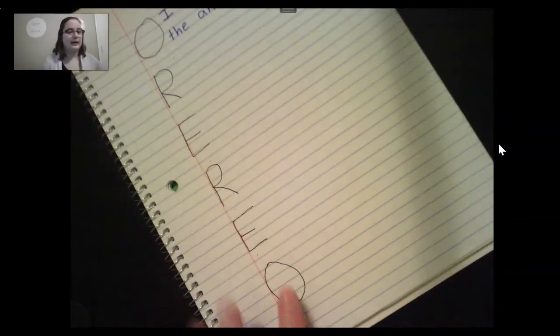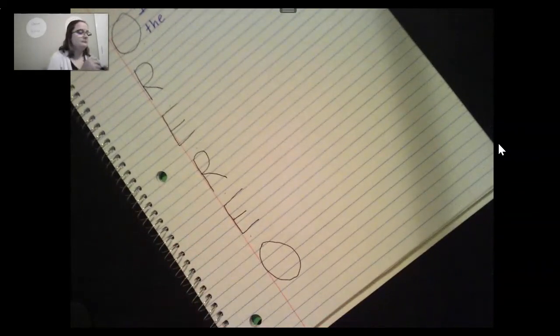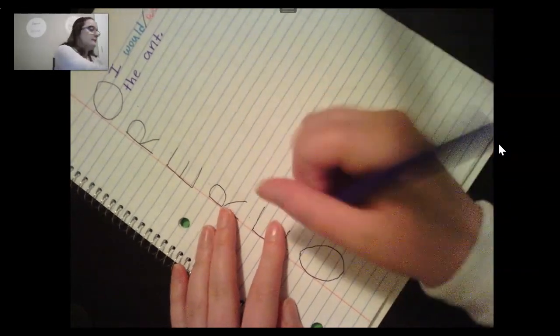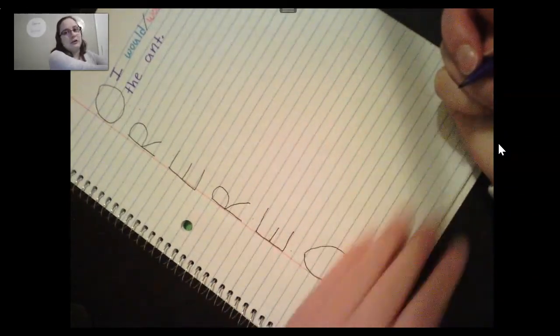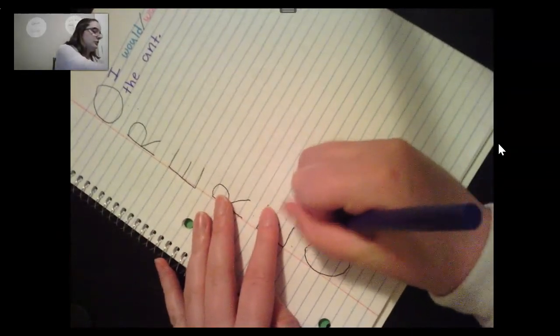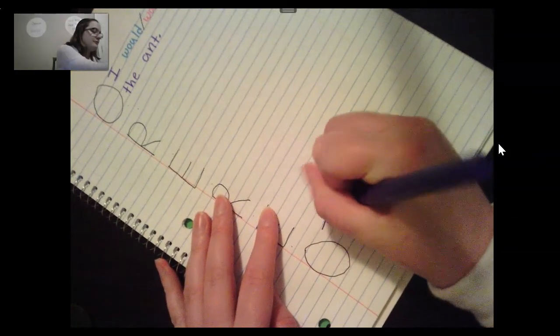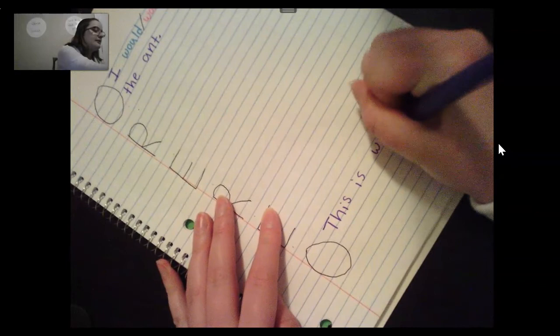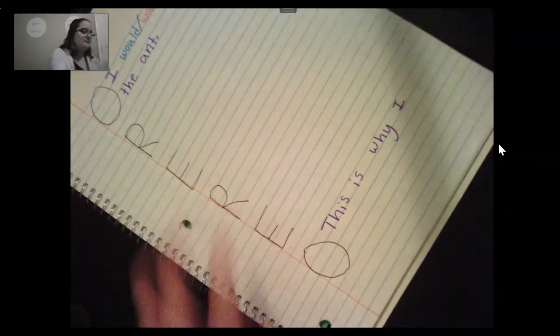Okay, friends, awesome job. So we're going to move down to our last O. And for this one, we're going to just add a few words at the beginning because this is what's going to end our paragraph. So we're going to have to be wrapping up our paragraph. So we're going to write, and remember everything that I write in purple, you guys write. This is why I,